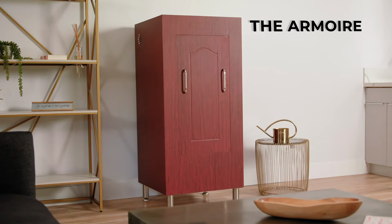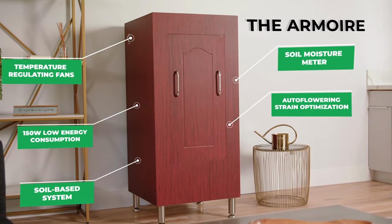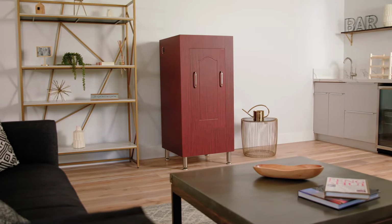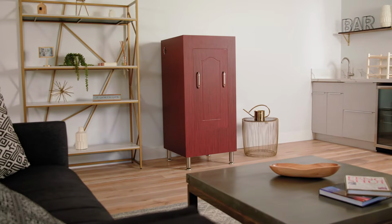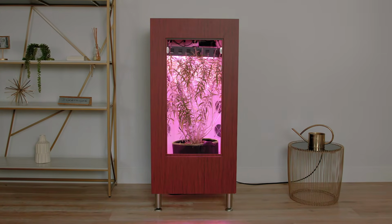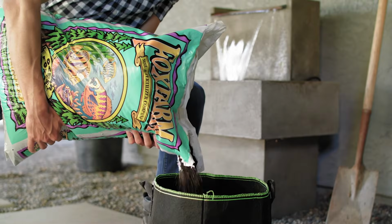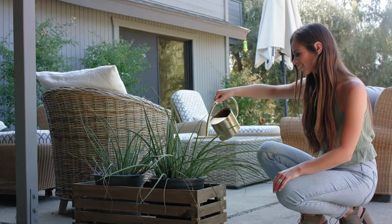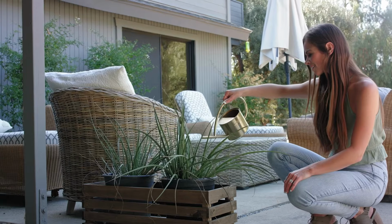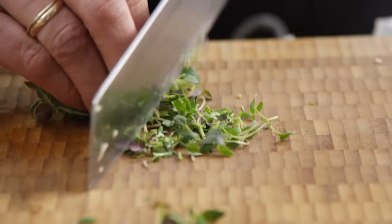Introducing the Armoire. The Armoire is a 100% organic, legal herb grow system designed to blend seamlessly into your home. Go from seed to harvest in as little as 60 days. We make that as easy as unbox, power up, plant, and water. If you can water a houseplant once a day, you can now successfully grow your own abundant, high-yielding legal herbs